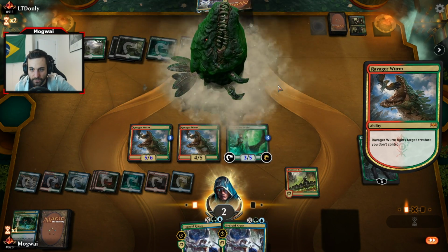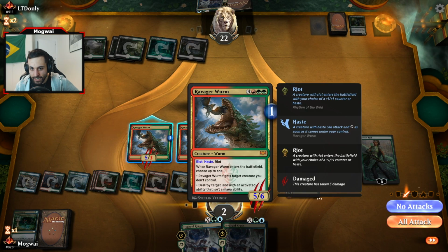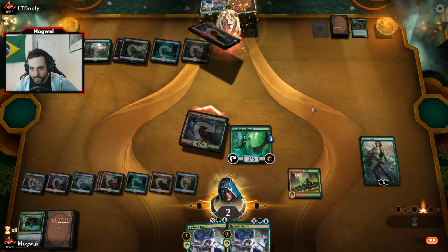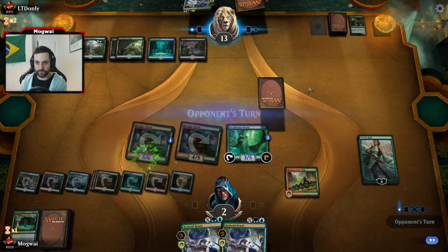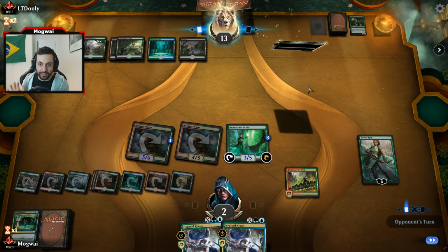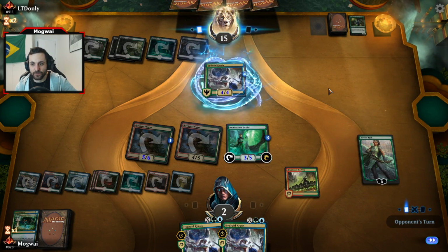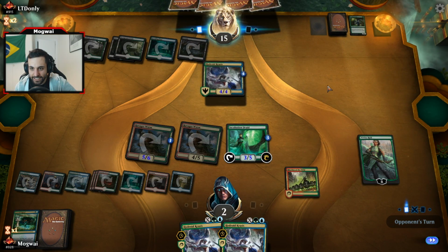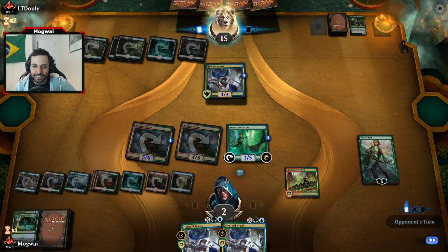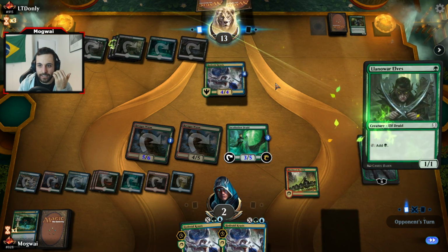Fight this. Chop her down! And attack with these two just in case he has something with haste. Though I may be taking too much of a risk here. That's fine. That's so fine. It's just that this Sultai deck doesn't run any sort of direct damage. Like that's the thing, right? So